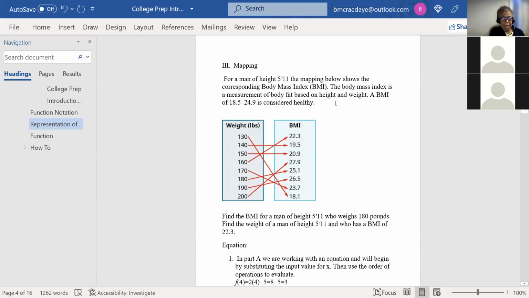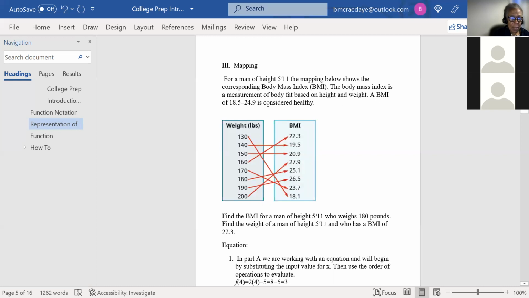For a man of 5 feet 11 inches, the mapping below shows the body mass index. And the body mass index is a measure of body fat based on height and weight. So this is a body mass index